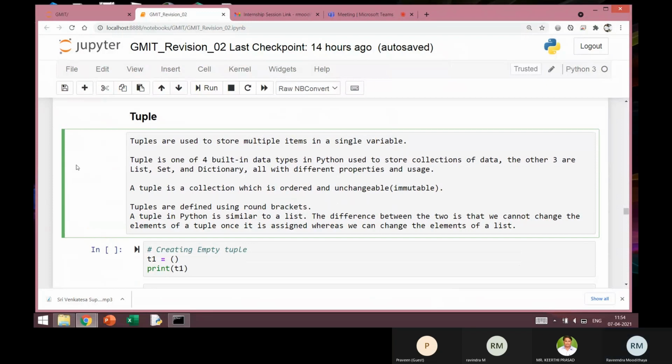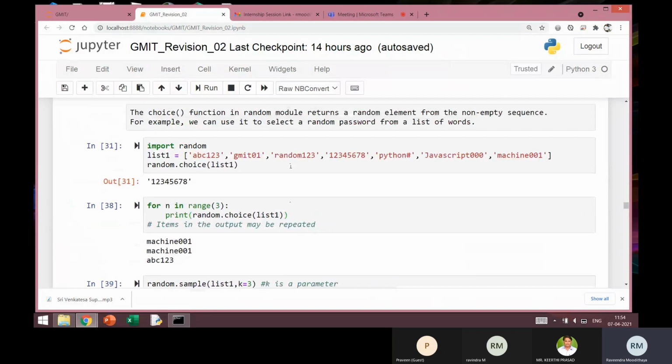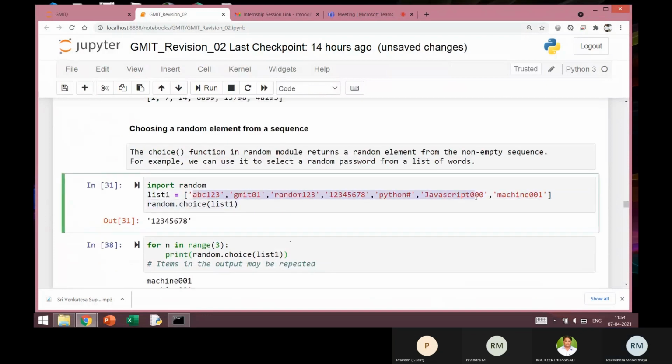These we have already seen, what is list. List, set, and dictionary are also helpful for storing the data as a collection. For example, in the earlier example we have created here, we have a collection of words.